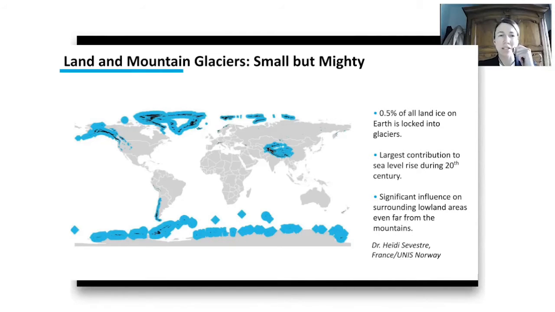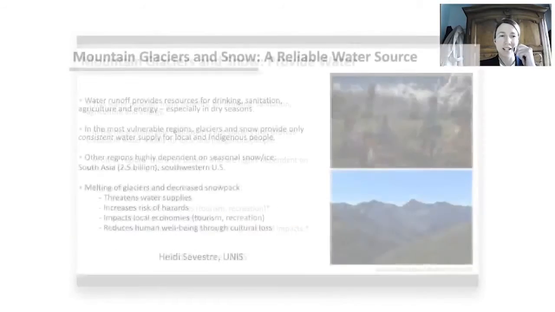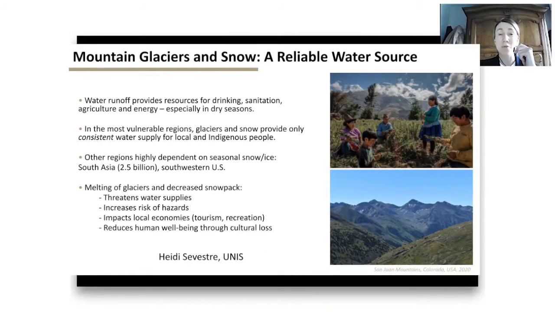Today, all over the world, glaciers are melting, and this mass loss is very much accelerating. While the largest glaciers can contribute significantly to sea level rise, the smallest ones, the ones you can barely see on the map, are actually the ones which have the most significant influence on human populations in terms of water supply. So I will now include snow to this presentation, as glaciers and snow often play similar roles for populations